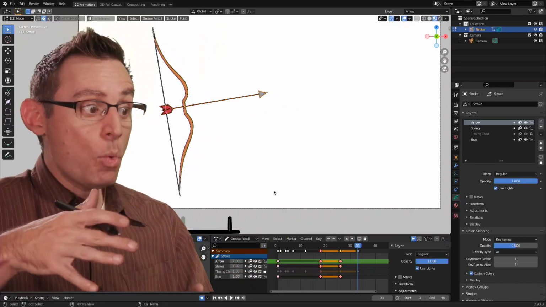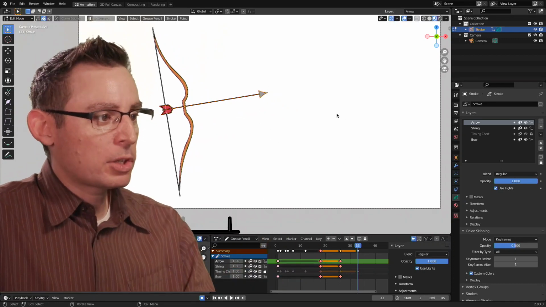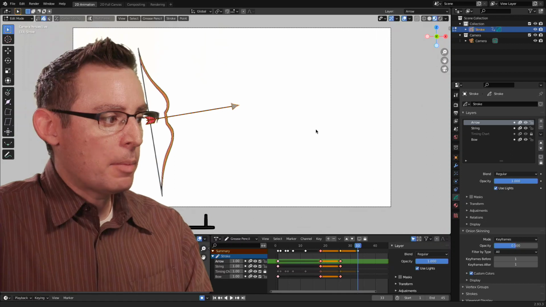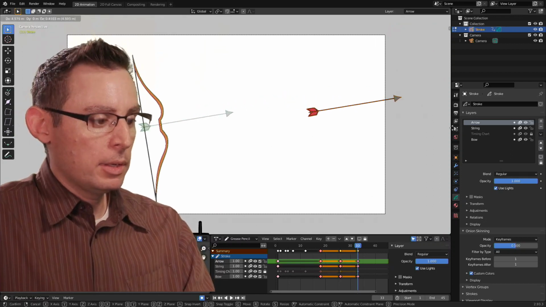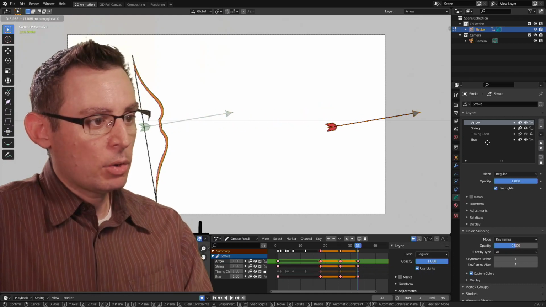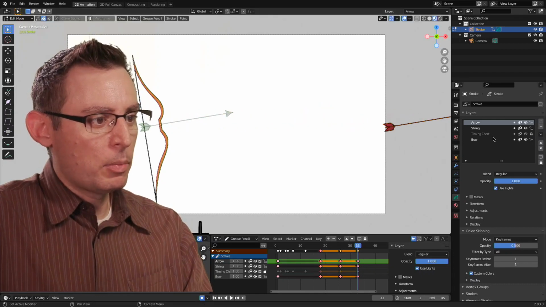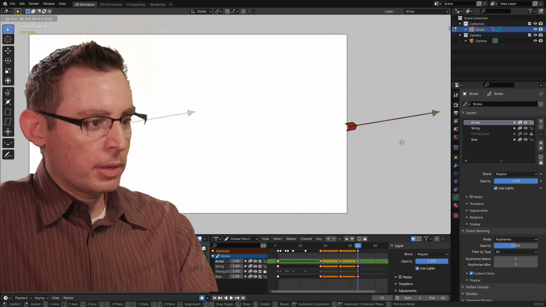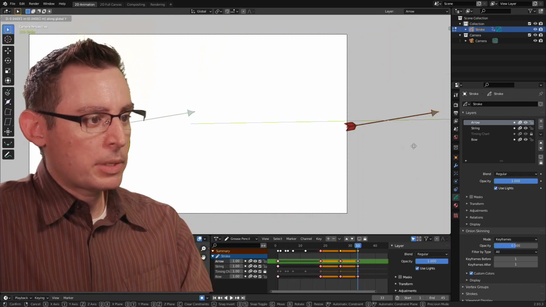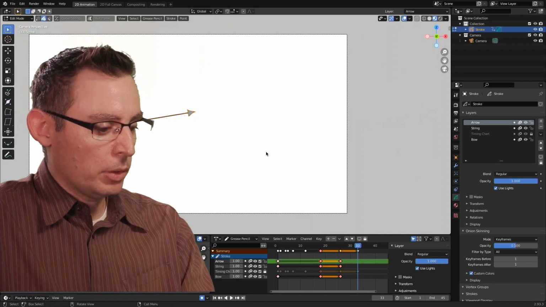And now with those objects selected, I'm free to start plotting and planning where I want that motion path to go. Using the grab tool at first, I'm going to grab it, hold down the X key to constrain it going this way, but I know that it's a little bit more than just a perfect straight line. I'm also going to grab it along the Y. I'm going to drop it down just a little bit,